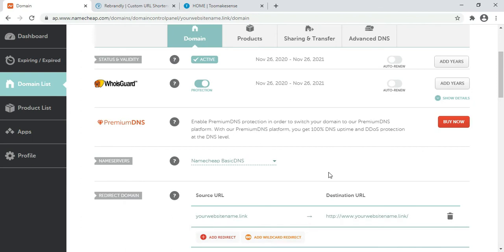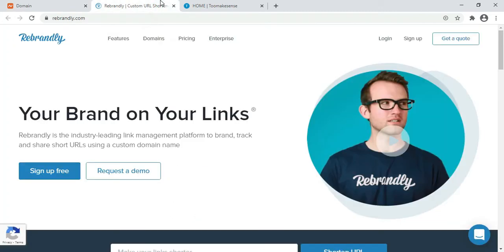Then after you have purchased your desired domain name, the next step is to visit the website where you're going to be hosting the branded short domain. In this case, I'm going to use Rebrandly. So let's visit Rebrandly. You go to Rebrandly and click on the sign up button,